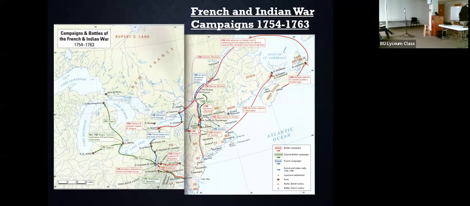Now, they've got to find a way to go tell the French, this is our land, not yours. You've got to leave. So they've got to find somebody to lead that expedition. And they find a guy who had been a surveyor and had some connection to the region. And they said, listen, George, we'd like to hire you. You go on out there with this group and you tell the French at Fort Le Boeuf, here,